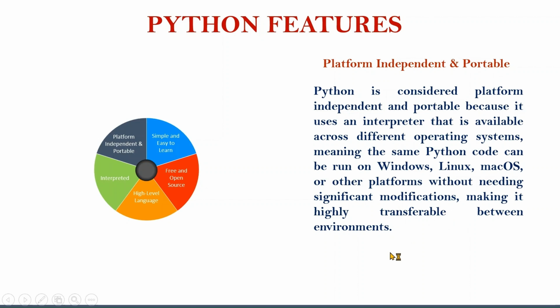So there is no need to change your code. You can directly dump your code and execute your application in any operating system. It could be any operating system. That's the best advantage you're getting. Because the interpreter is available for every operating system, it can easily convert the code into its equivalent machine code and execute the application. So we are not going to worry that we are writing in the Windows operating system and need to make it compatible with Linux. Appropriate interpreters are available for different operating systems, and those interpreters are going to take care of how to convert your source code into its equivalent machine code.